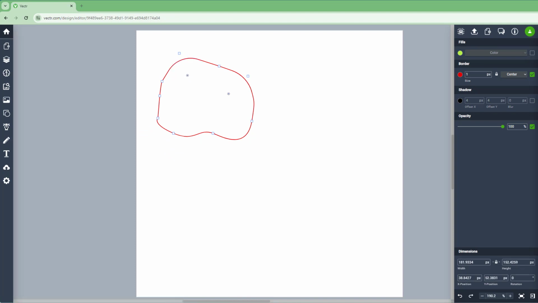So that is how you can edit the points for shapes made with the pen tool as you like. So hope you guys learned something as